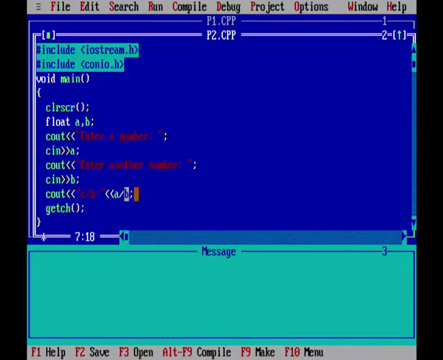Let us write another program to find the square root of a number. I am making changes in this program only.